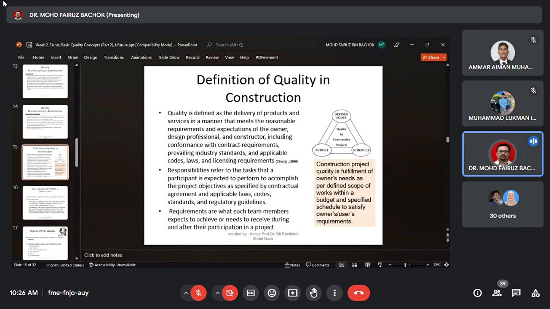Okay, quality instruction. You know the defined scope, schedule, and also budget. So this one is the limitation. I mean something you have to look seriously where you need to construct things at the construction site. Not only the defined scope. Defined scope means the work you need to do or the product you need to produce at the construction site. Okay, that's a defined scope. The scope of work. Okay, what thing you need to construct at the site.